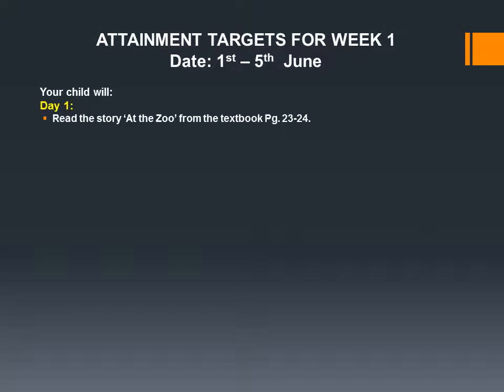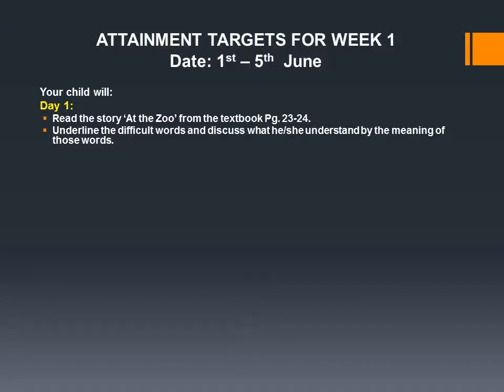Your child will complete the following targets from 1st till 5th of June. On day 1, your child will read the story At the Zoo from the textbook page 23 and 24. While reading the story, ask your child to underline the difficult words and discuss what he or she understands by the meaning of those words based on his or her prior vocabulary knowledge. After reading the story, you will ask questions related to the story from your child, and your child will answer